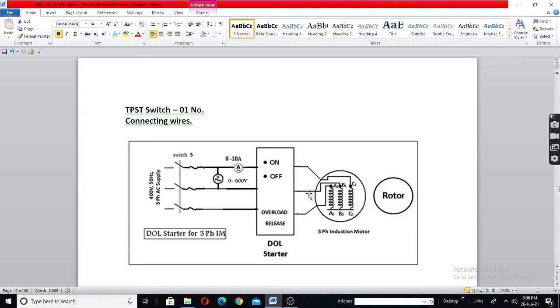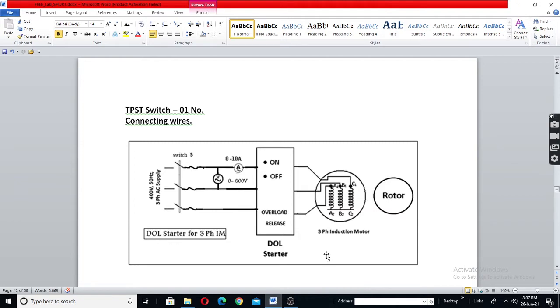So, a three-phase induction motor. A motor has a stationary and a rotating part, stator and rotor. The rotor is inside the stator in a motor usually, but in a ceiling fan you have the rotor outside and the stator inside. Here the stator is outside. Stator is housing the rotor.